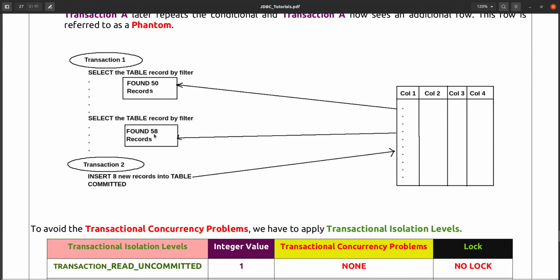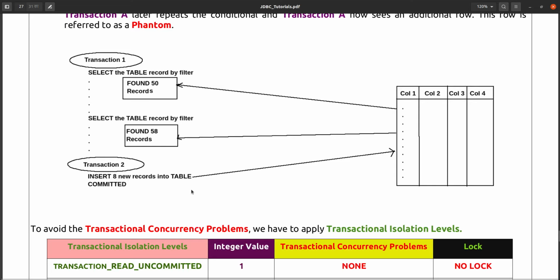Suppose here we have one table. We are not giving any specific name, just showing a structure: column 1, column 2, column 3, column 4. Transaction 1 selects the table records by some filter and finds 50 records. But meanwhile transaction 2 comes and inserts new records into this table.